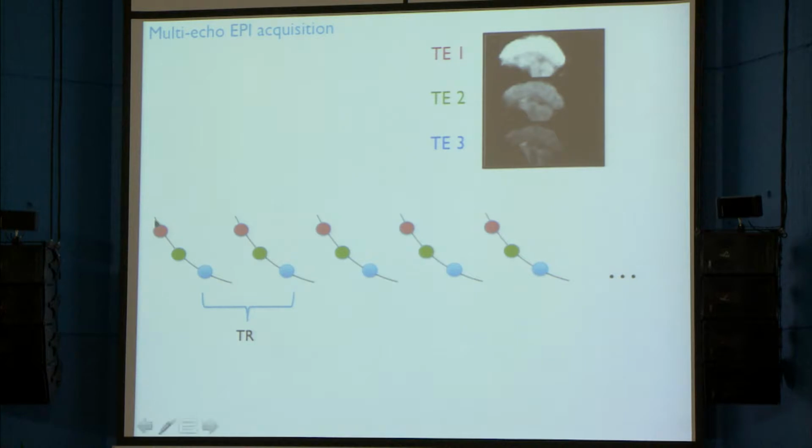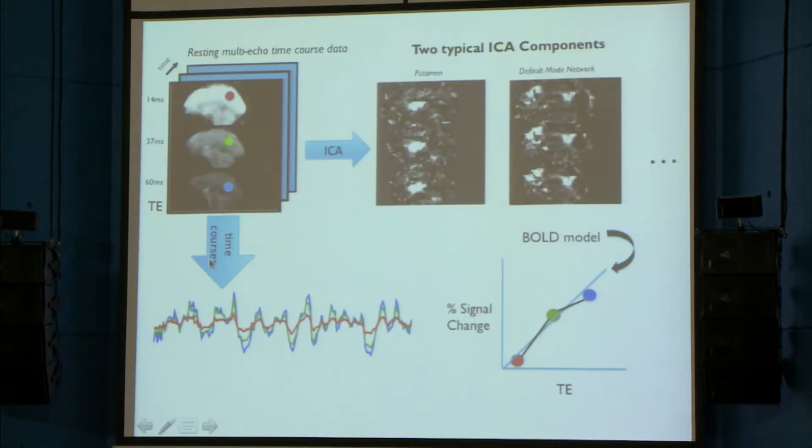And so what we do is we collect 3 echoes. These are our 3 echoes right here over time, and we look at the echo time dependence of the signal. First of all, we break down our 3 echoes, we concatenate them, and we pull out the ICA components. Then we find which ICA component shows this growth of the signal with echo time. In this case, this is a region of interest from the default mode network, and you can see that it shows a nice correspondence to the echo time.